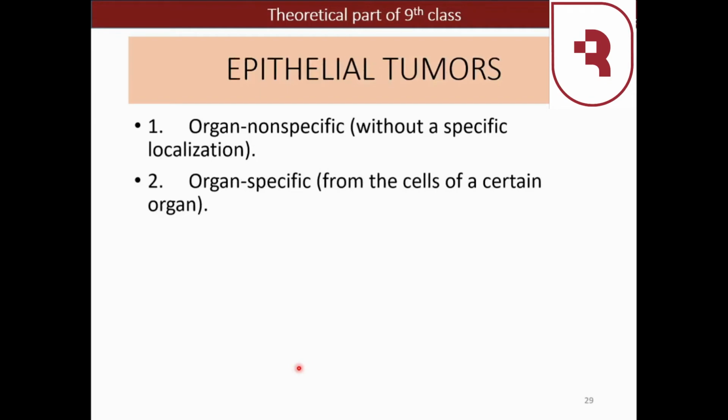So now we should discuss epithelial tumors. I have already told you today that epithelial tumors could be organ non-specific, without a specific localization. So, for example, it could be tumors from tissue which is present in different organs. For example, it is a glandular epithelium. So it doesn't matter which gland it is, but we will see the same glandular or prismatic epithelium in any